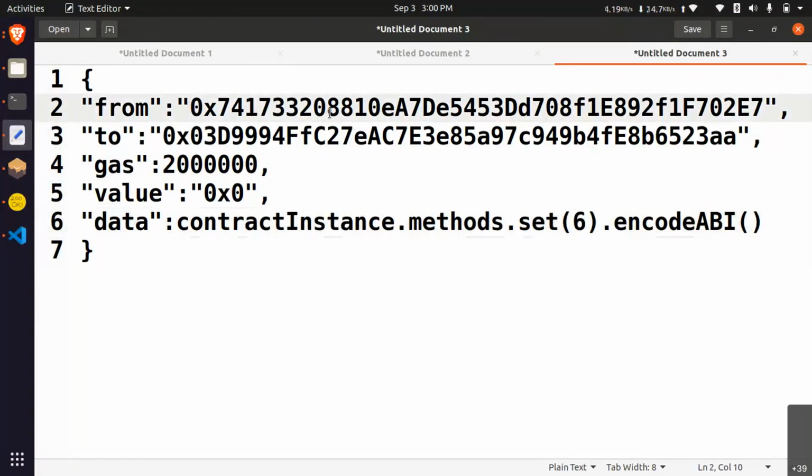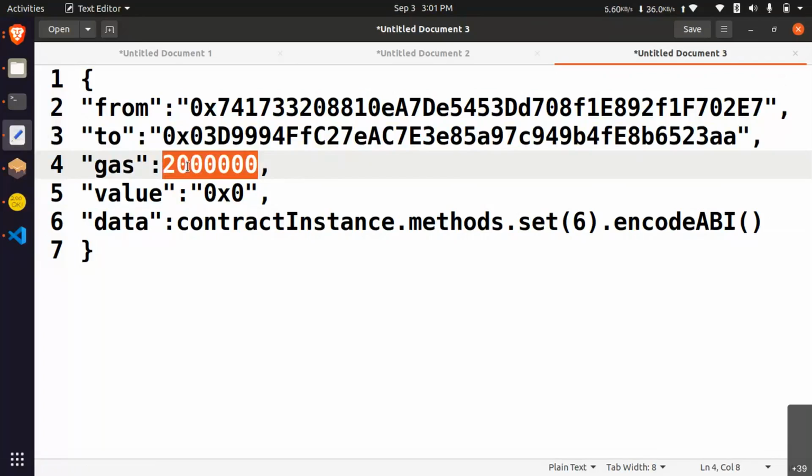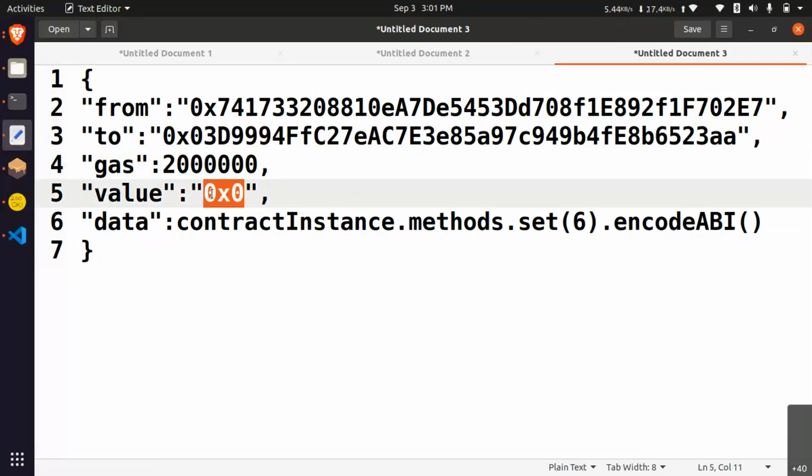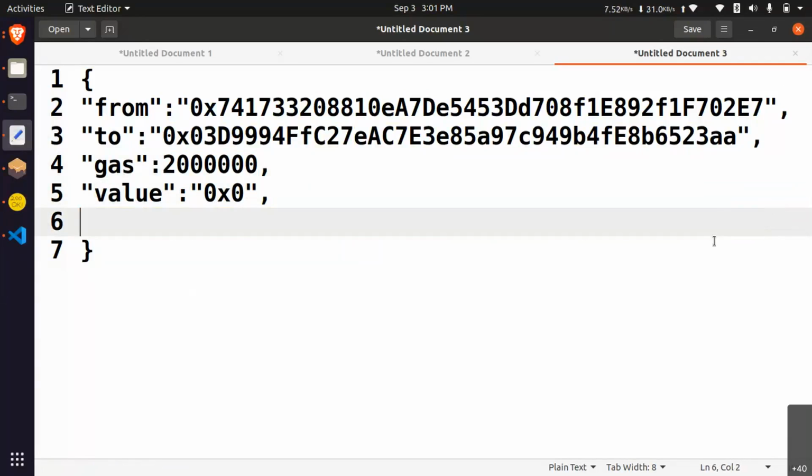From address is who is sending the transaction. To address is who is receiving the transaction. Gas means how much gas you are going to pay. And value means how many ethers you are going to transfer. Data means if you are doing any contract call, you can use this. Otherwise, just remove it.